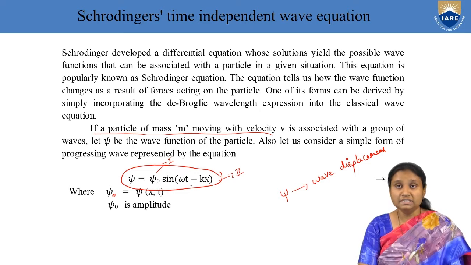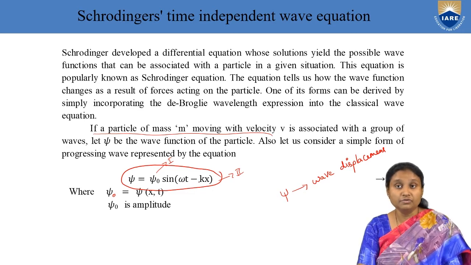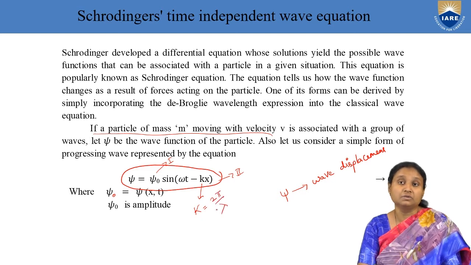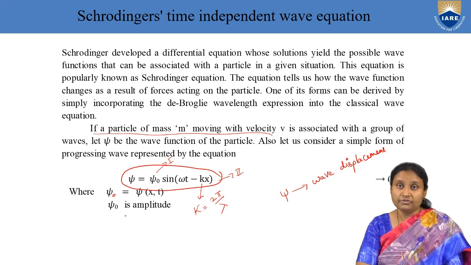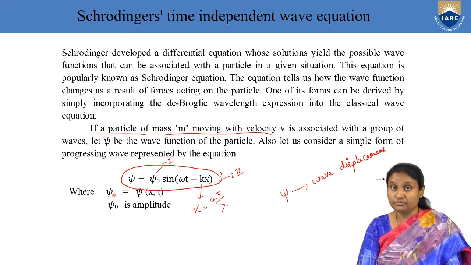Then coming to the second term, it is given in terms of angular frequency, and of course what is k here? K is called the propagation vector. So k is the propagation vector, and it is also called the wave number. And how is it given? It is given as k is equal to 2 pi by lambda. So using this representation of the wave function associated with progressive waves, we are going to derive the equation of motion of